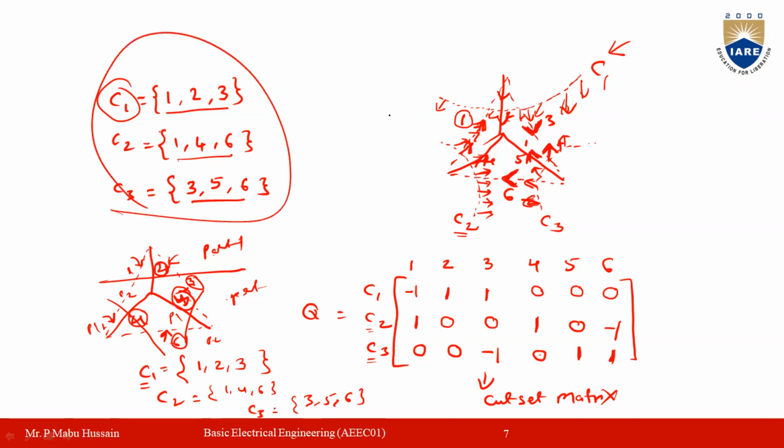Okay. Now these cut sets are represented with these lines here, so dotted lines also you can represent. For each cut set, you assume a direction. Depending upon the direction of the cut set and the direction of the currents in the elements, if the cut set direction and your element direction are both the same, you take +1. If they are in opposite directions, you take -1. If the cut set is not connected with any branch, that branch value will be 0. Like that you can form the cut set matrix. This is also called the fundamental cut set matrix. Okay,